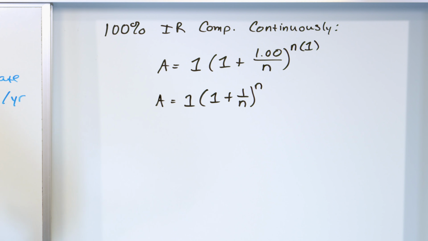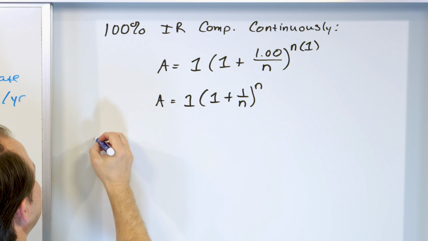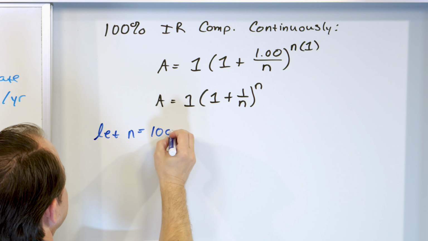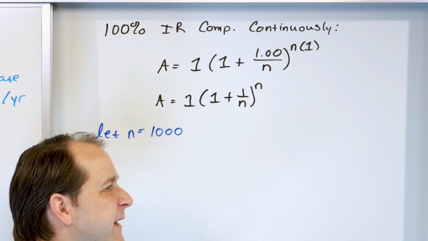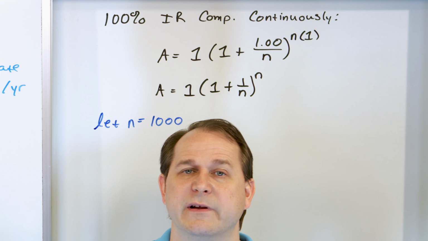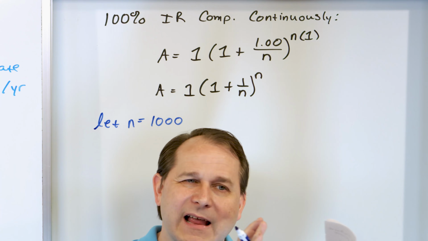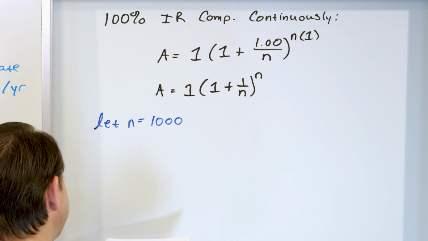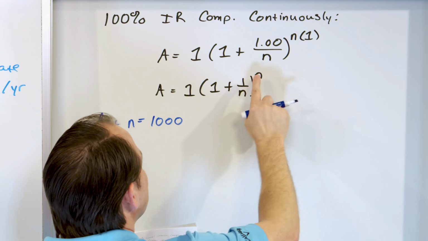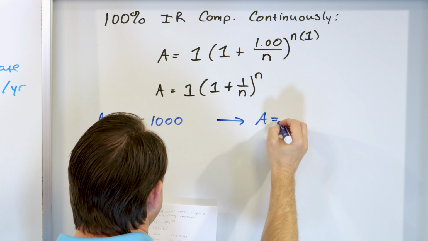Okay. Now we said we want to compound it continuously. I don't really know exactly how to calculate it continuously, but let's try to get as close as we can. Let n equal 1,000. So instead of compounding daily, where we have n equal to 365 compounding periods in a year, let's increase it so that n is equal to 1,000. 1,000 slices of a year, that's how many compounding periods I'm going to have in a year. If I put 1,000 here, then it's 1 plus 1 over 1,000 raised to the power of 1,000 times 1. Then what ends up happening is the amount of money you get is